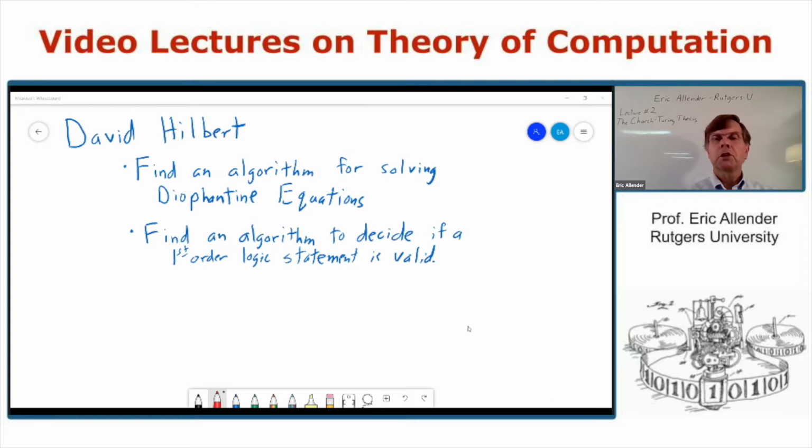Why are we talking about the Church-Turing thesis? What is it? Why are we talking about Turing machines at all? Well, we have Alan Turing to thank for that. But why was Turing motivated to build these machines, this mathematical model? And what did Church do?